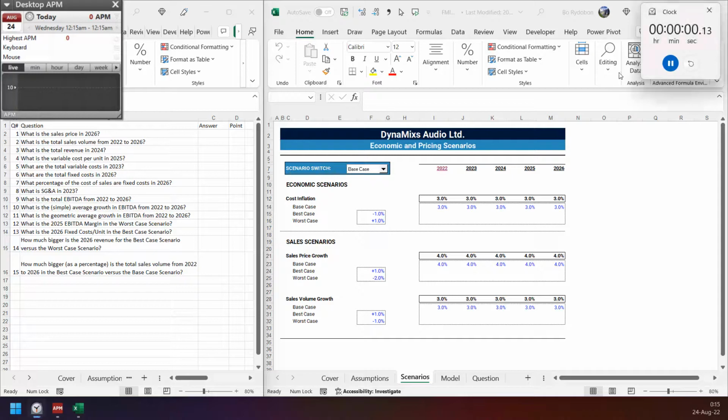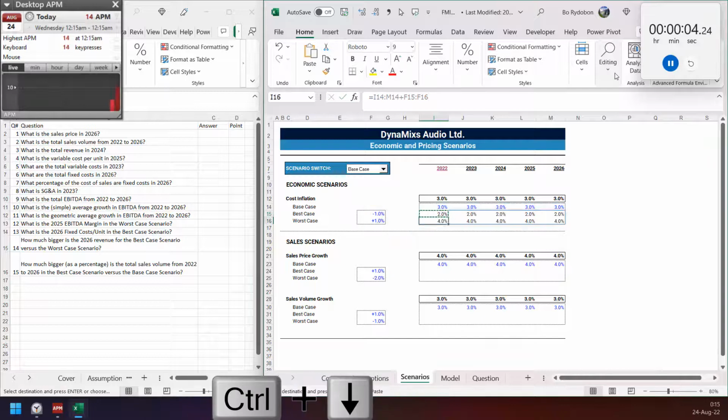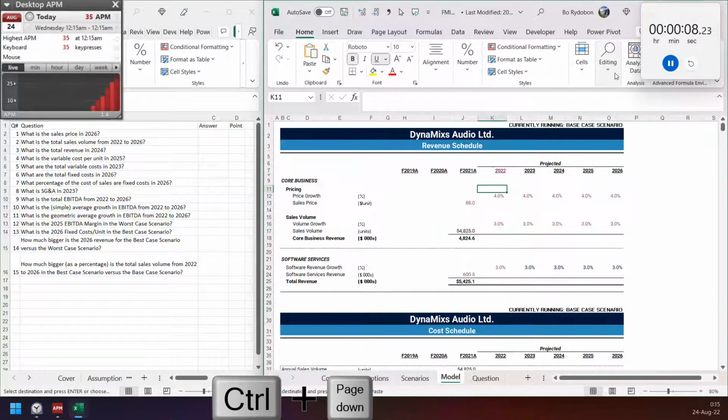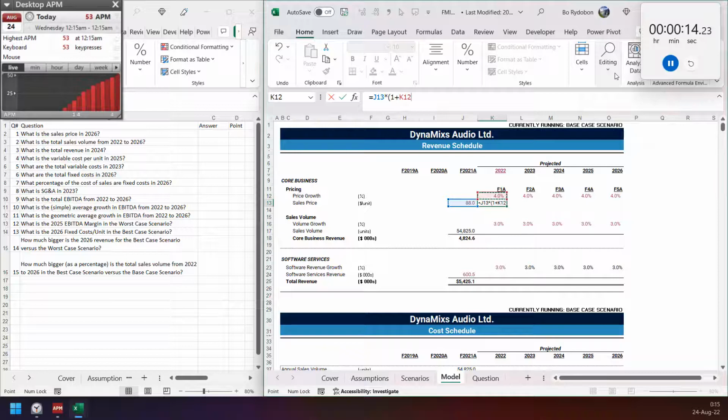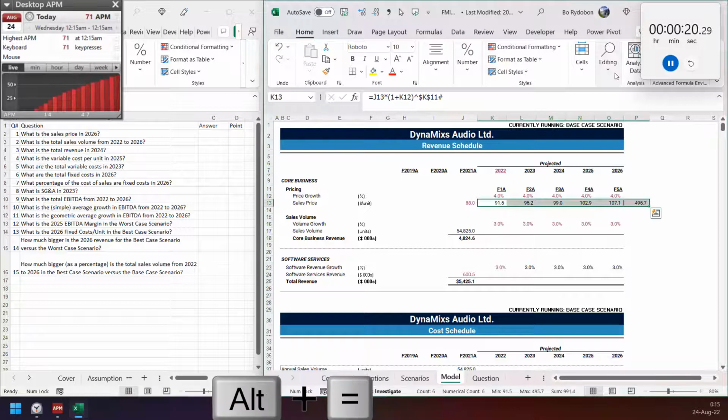Okay, let's start by creating a number for each scenario: cost inflation, price growth, and volume growth. Then create a sequence of five to use with a constant growth rate. So this is just multiply and power by 125 here, then sum here,